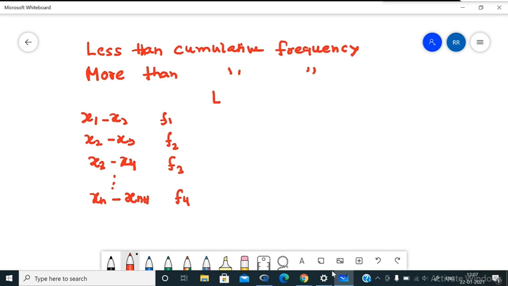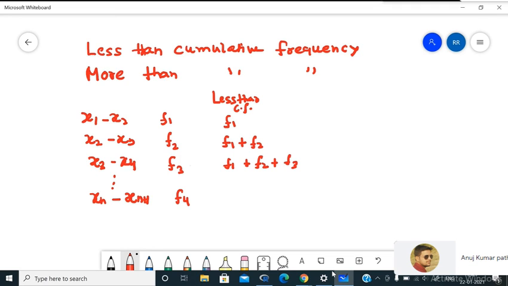So less than CF is f1, f1 plus f2, f1 plus f2 plus f3,